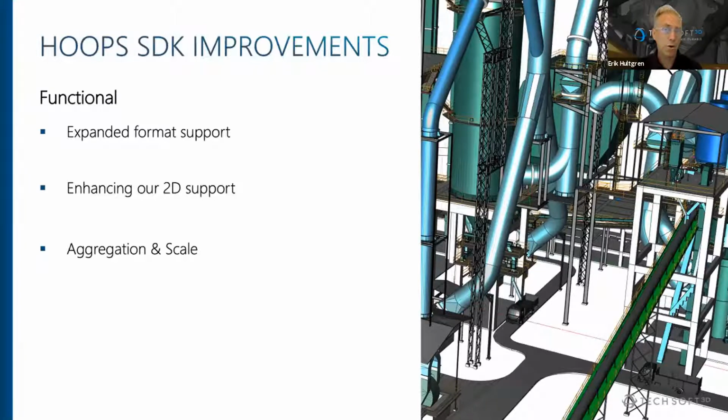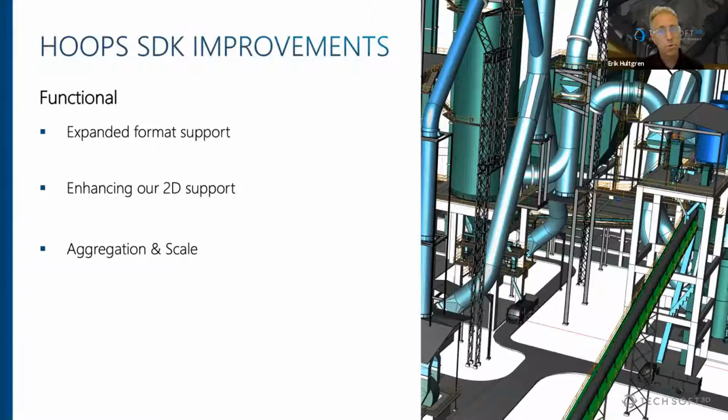Gavin called out how important 2D was inside building and construction. It is interesting to note that while manufacturing has moved away and they're putting more and more information inside the 3D, it's still so critical that you have 2D information inside building and construction. Plans have to be put out as drawings. It's a requirement in a lot of cases. And so we had to ensure that our 2D output and our display was enough.